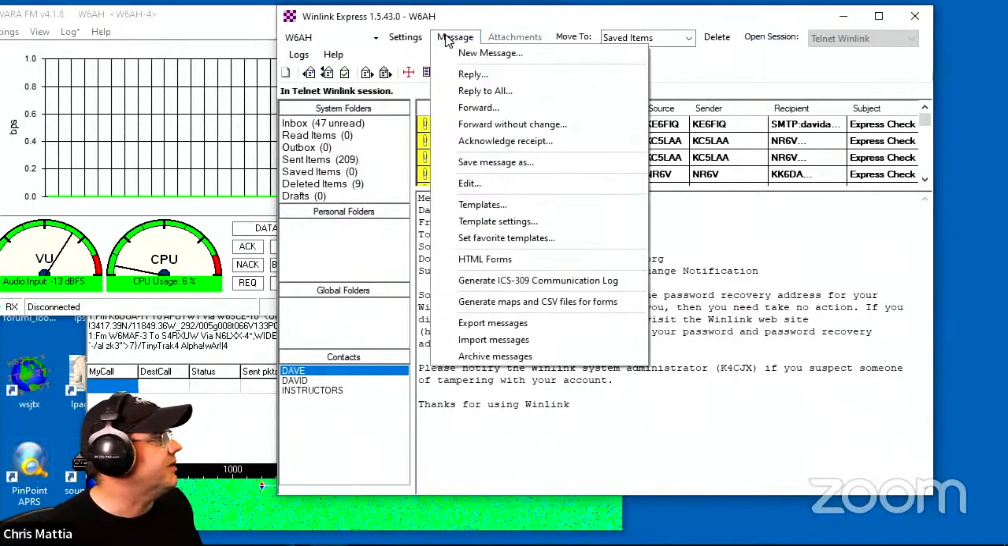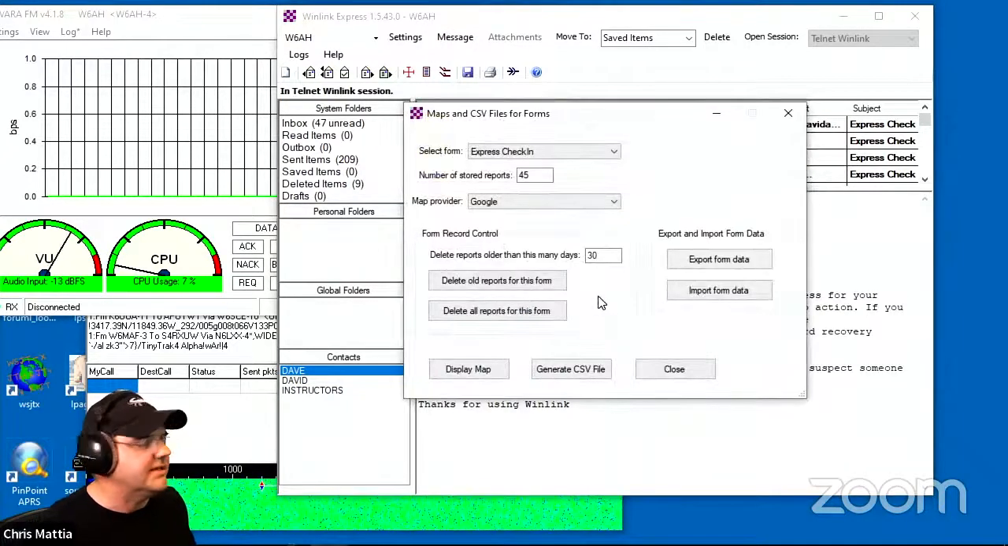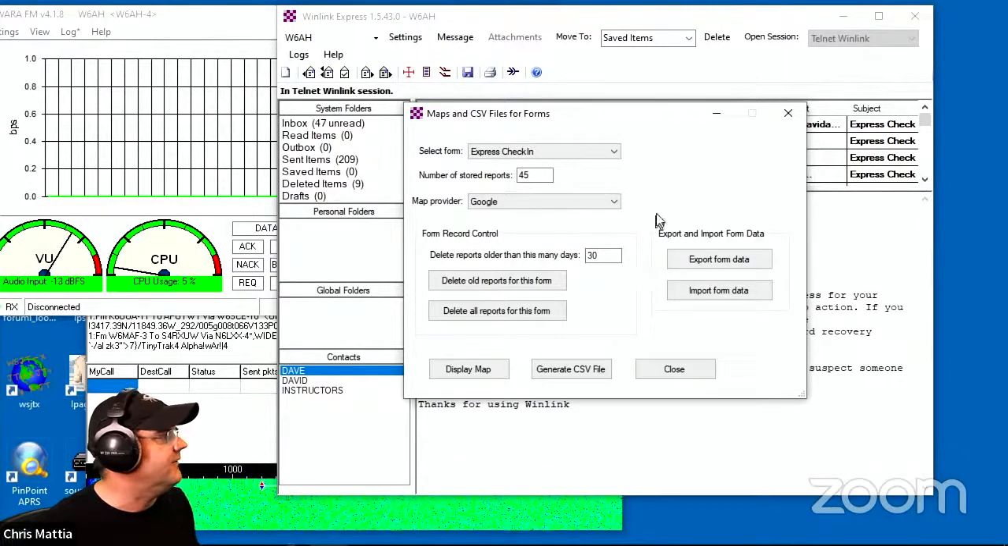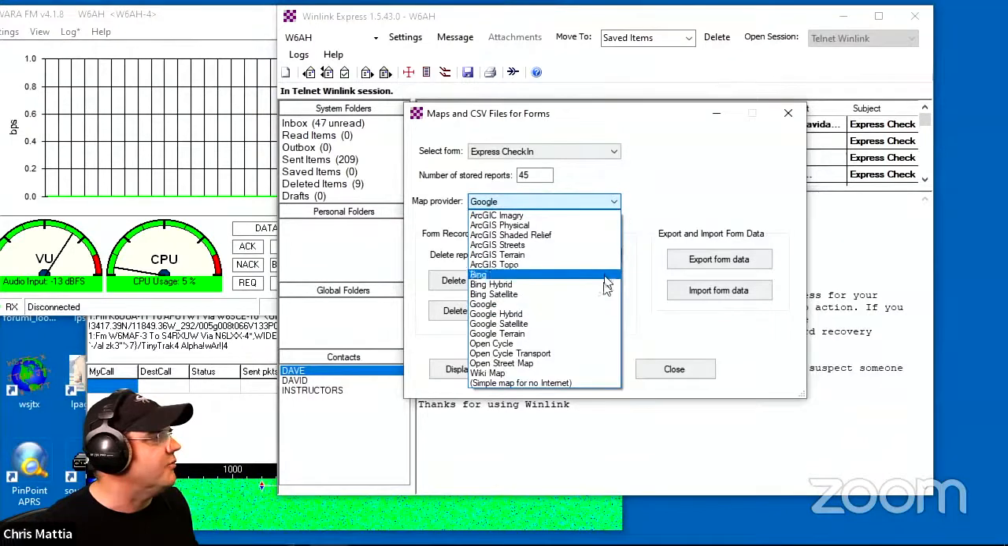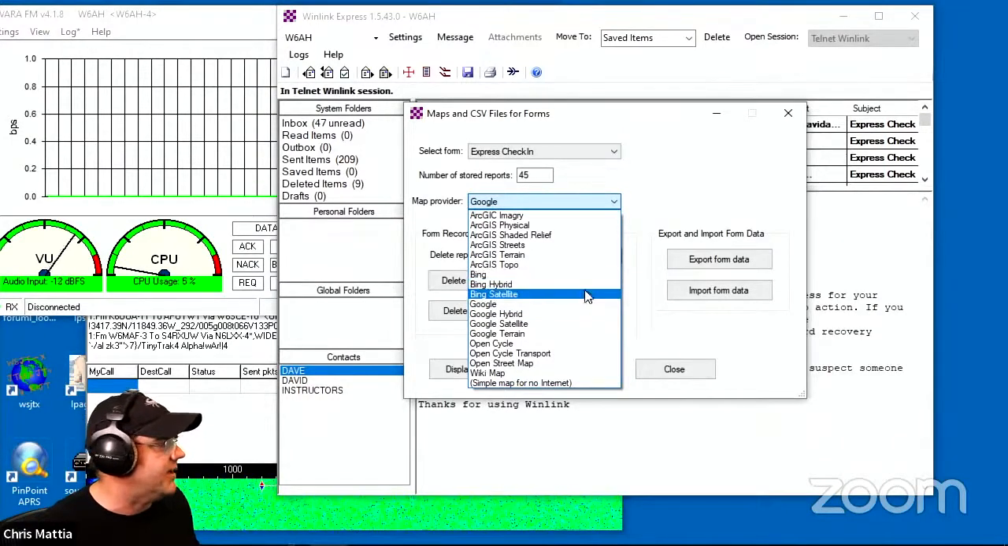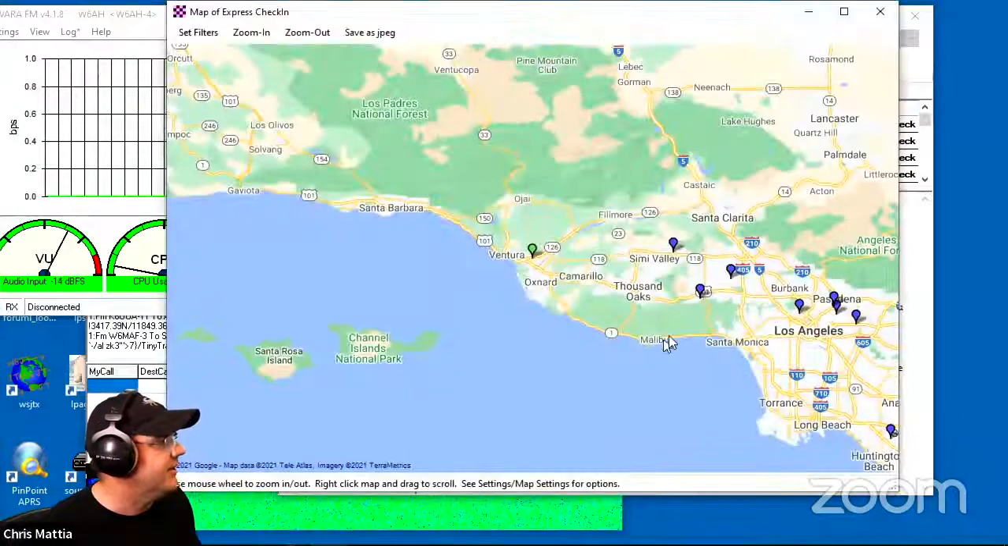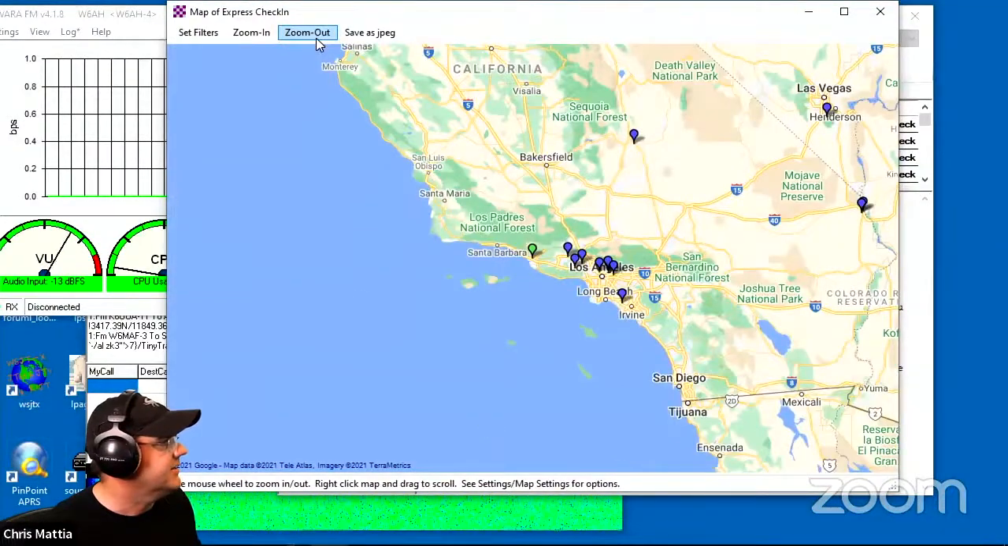Then if we go up to messages and just generate maps. And Winlink is going to automatically detect if you have gotten one of these forms. So there's that express check-in. It's really the check-in form. I've gotten 45 of them. You can change your map provider if you want. So David was using Bing. I've got mine selected to Google, and you can control how this is going to work, and I'll display the map. Again, mine is displaying inside of a Google map, and I can zoom out on that,